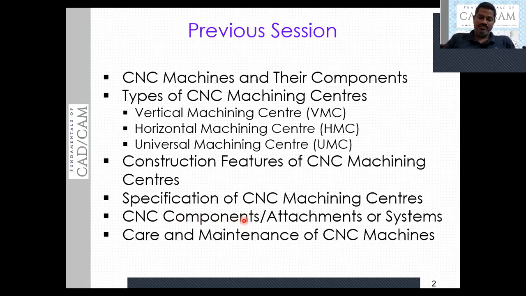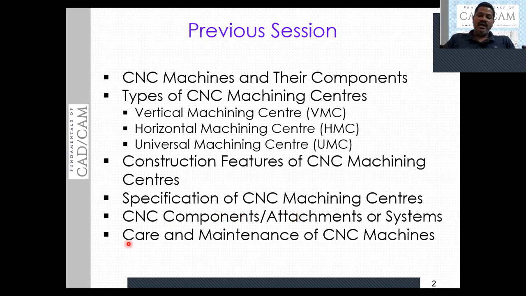It saves the idle time of the machine, which in turn increases the efficiency and utilization of the CNC machine.